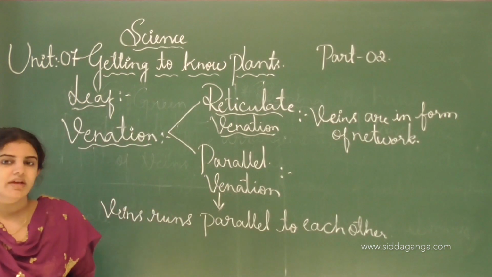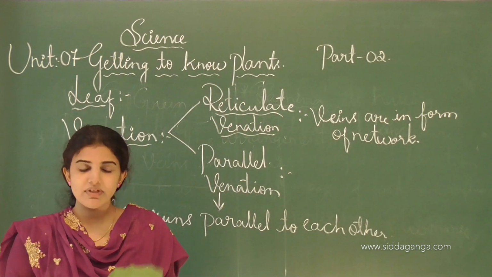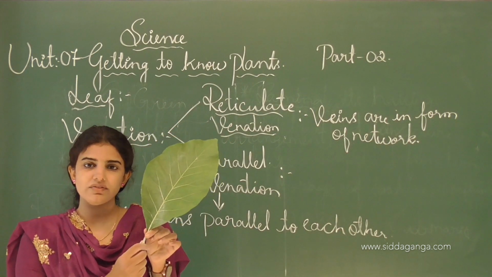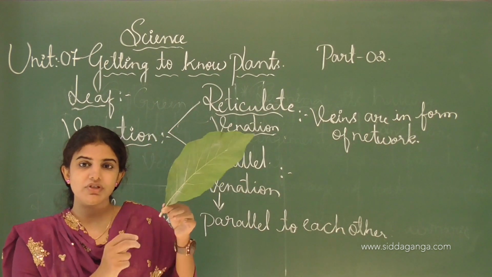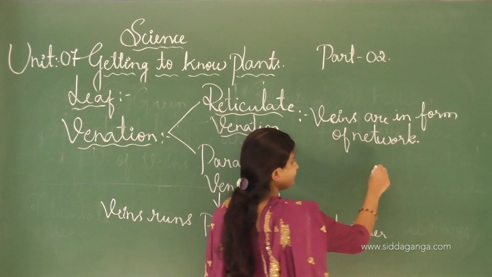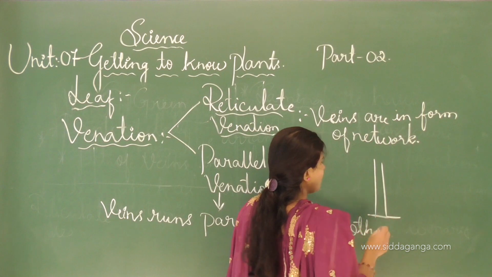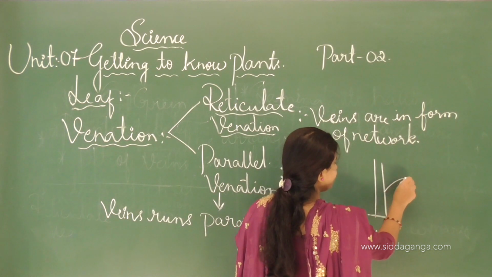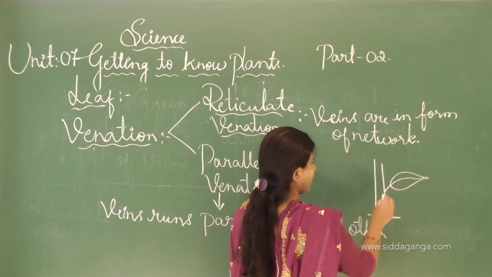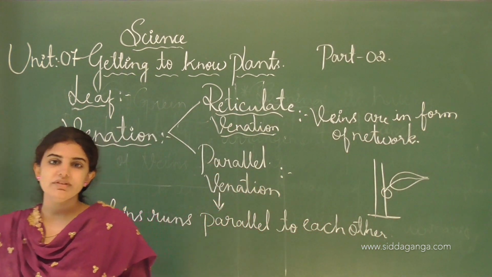Venation is nothing but the arrangement of veins in a leaf. For example, this is the leaf, here is the apex, and here is the stalk of the leaf where the stem portion attaches. I will write on the board. Consider this is the stem of a plant, and here a stalk arises where the leaf appears from the stalk, and this portion we call a petiole. This is how petiole is differentiated.